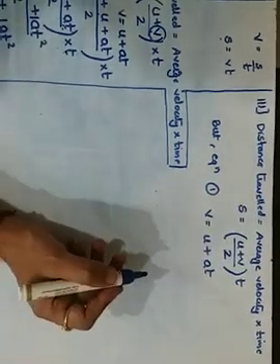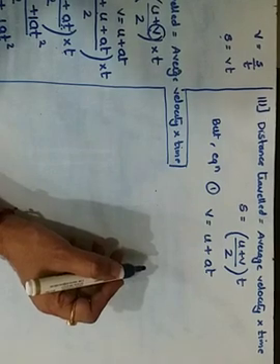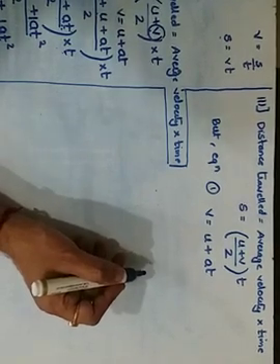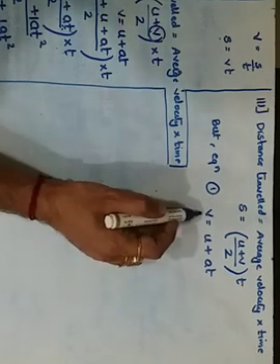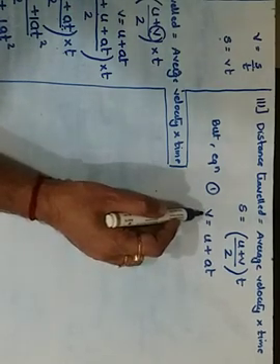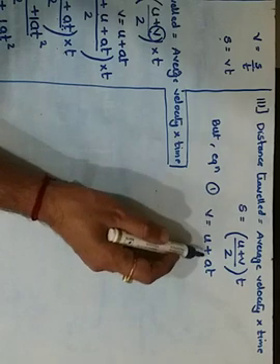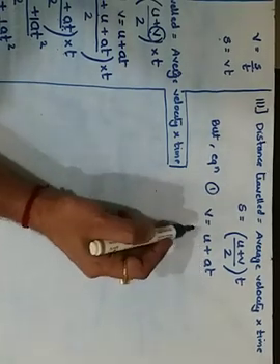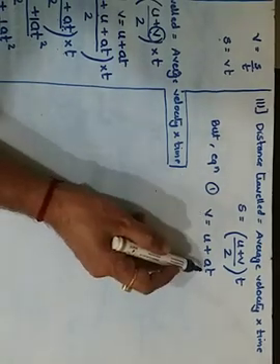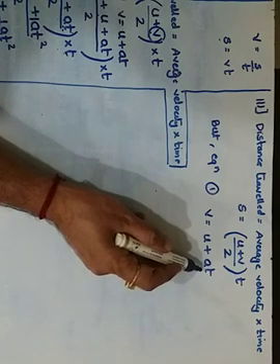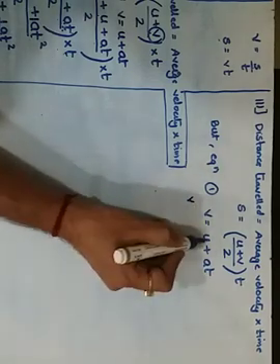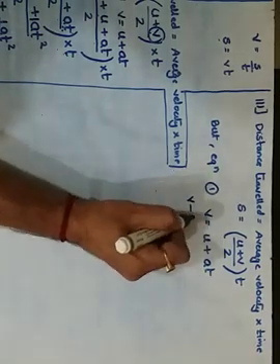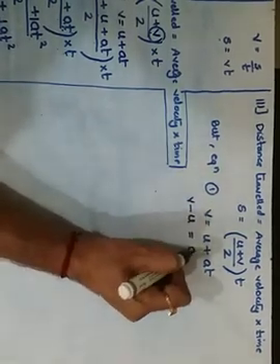Now just pay attention properly. Here we are trying to change the subject. Here the subject is v, the equation for v in the form of u and at. But now I am going to make the subject t. So how do I make the subject t? First, shifting this value of u here. So v was already there, u I have shifted, so it becomes v minus u is equals to at.